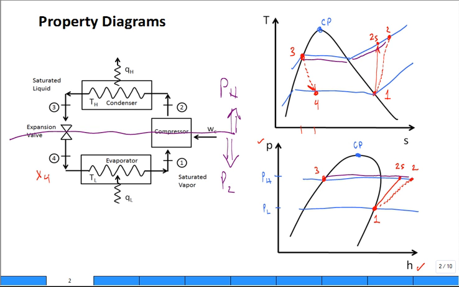You put it through the expansion valve. Now here it's irreversible again, so we want to draw it as a dashed line, but it's going to be straight down because it's isenthalpic, true? Isn't H4 equal to H3? H4 is equal to H3. I see a couple thumbs up. That's great. And then in the evaporator, you